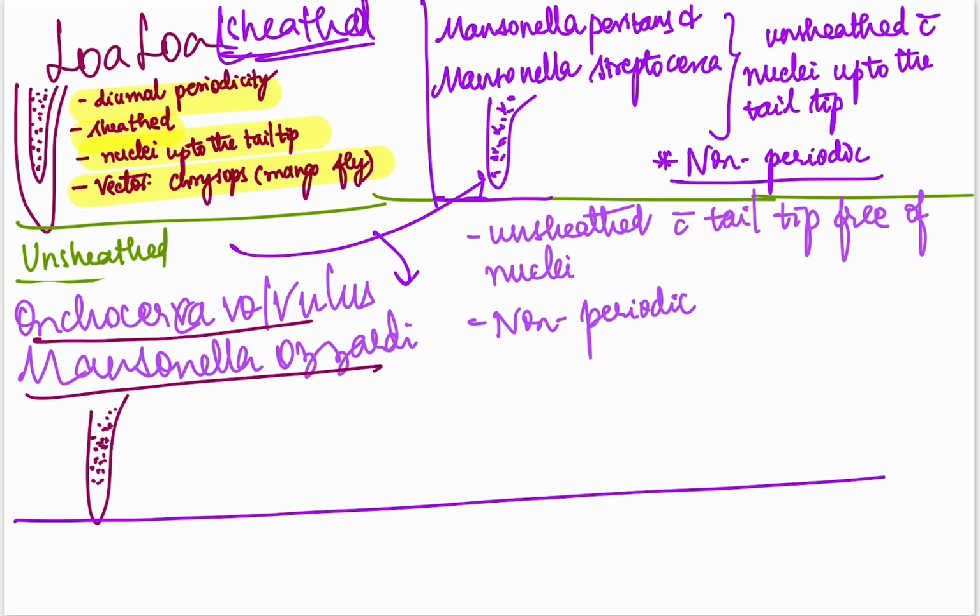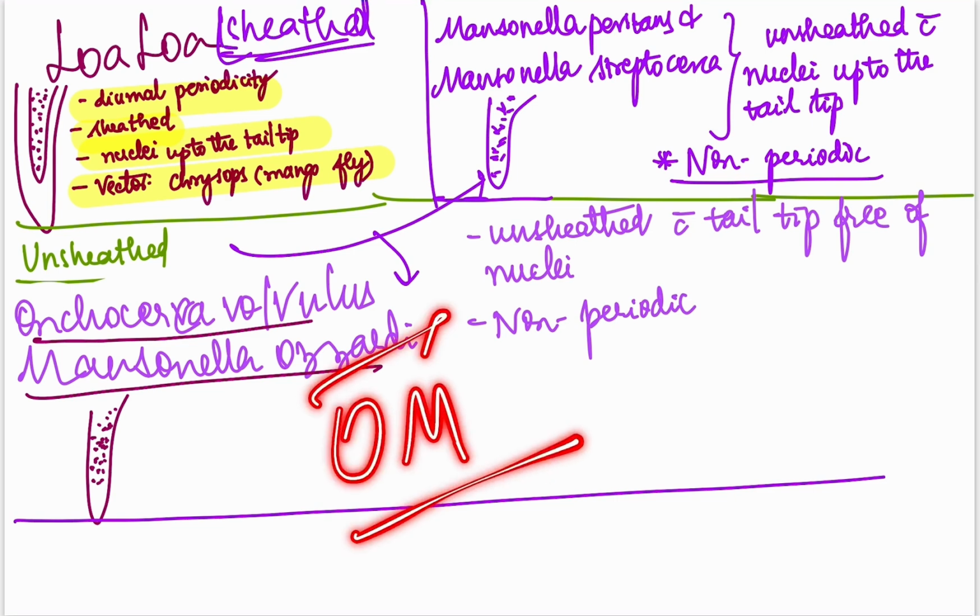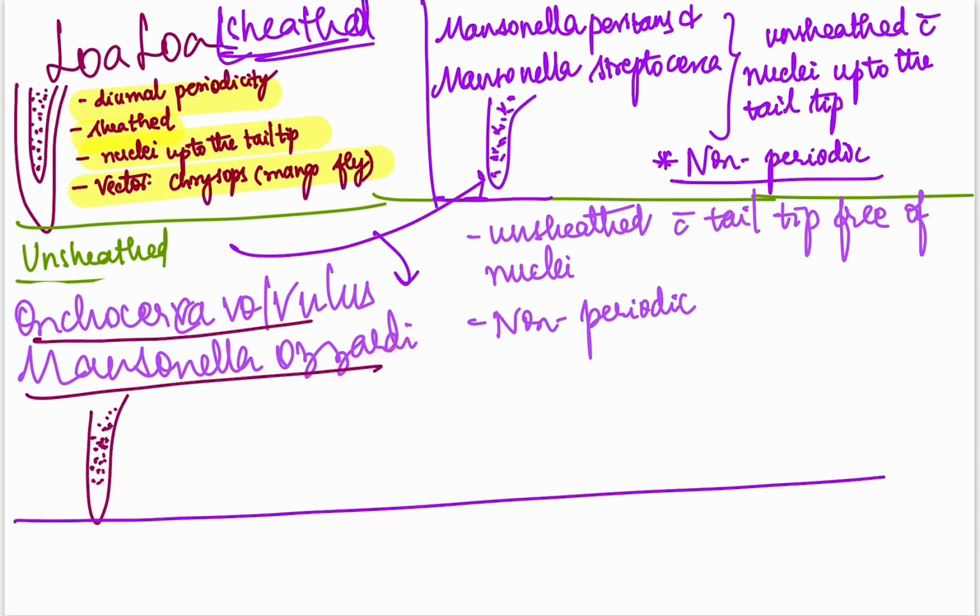In the case of Onchocerca volvulus and Mansonella ozzardi, the tail tip is free of nuclei. In the case of Mansonella perstans and streptocerca, the tail tip is extending, the nuclei is extending